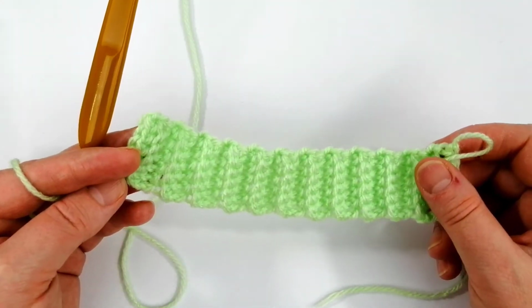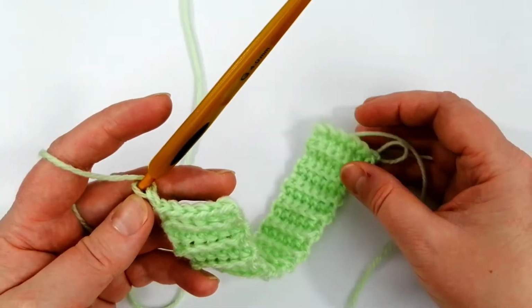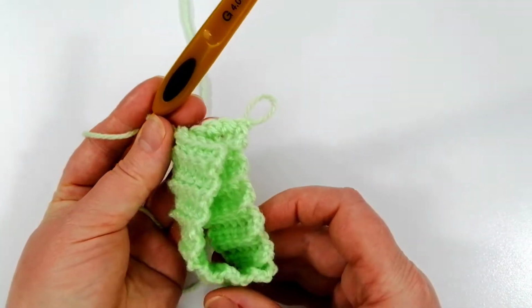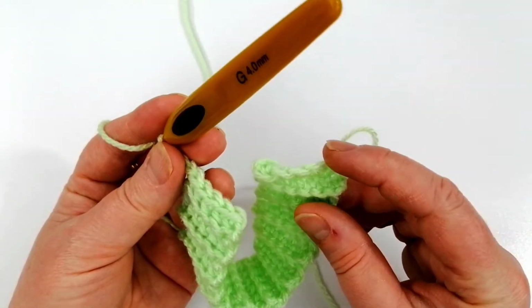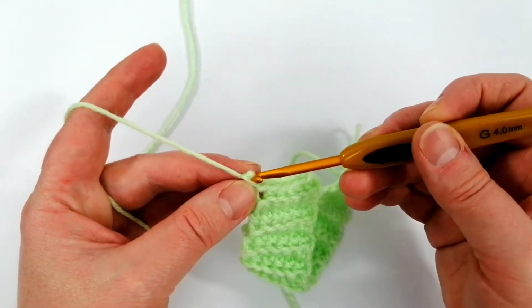Okay, so that's my 24 rows. If you're making this for a child or for an adult, you can do more, but 24 is a pretty good size for a baby. So what we're going to do is we're going to join the last row that we did to the first row. And what we're going to do is we're just going to